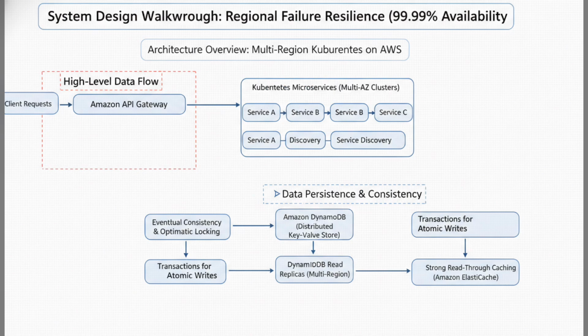This allows multiple services to read and write data simultaneously without blocking, enhancing performance while minimizing downtime. Data flow starts with client requests hitting an API gateway, which routes them to respective microservices based on service discovery, integrated within Kubernetes. Each service has its own read replicas, distributed across multiple regions, which aids in minimizing latency and enhancing data read throughput. To ensure atomicity during write operations, we employ transactions within DynamoDB, enabling coordinated writes across multiple